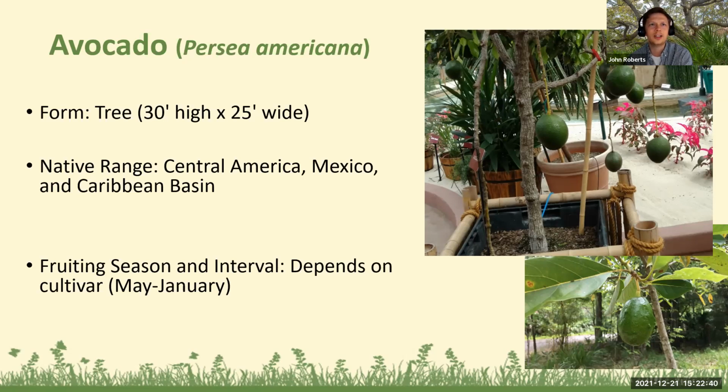And they tend to prefer well-drained sites. They're very similar in terms of their needs to citrus, actually. But if you put them on sites that are too wet, they become susceptible to root rot. And the fruiting season or interval that you'll be able to get fruit from them depends highly on the cultivar